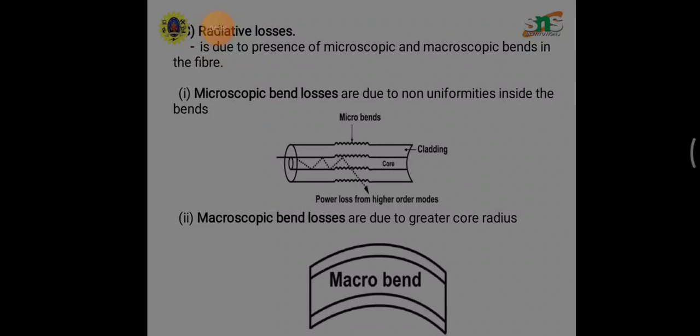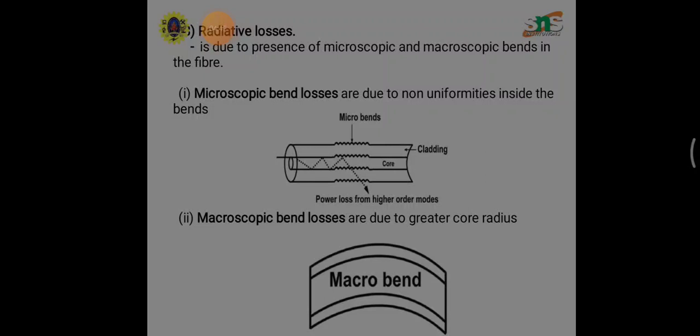And one more thing: radiative loss occurs in fibers due to bending with finite radius of curvature, and scattering also causes wavelength-dependent loss inside the fiber. Since glass is used in the fabrication of fiber, the disordered structure of glass will make some variations in the refractive index inside the fiber. As a result, when light is passed through the atoms in the fiber, portions of the light are scattered. That means elastic scattering, and this type of scattering is Rayleigh scattering.